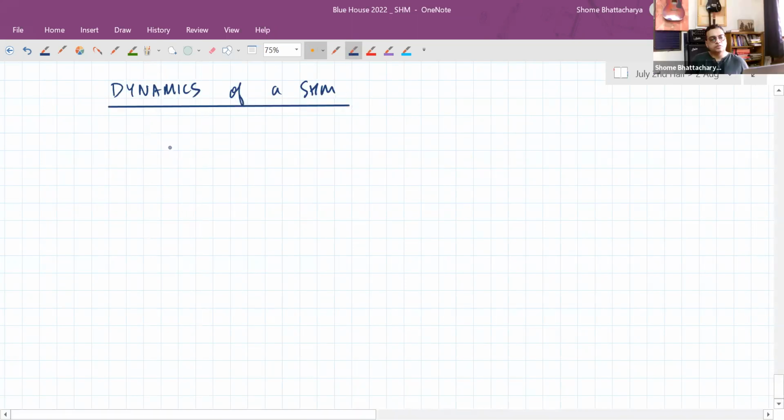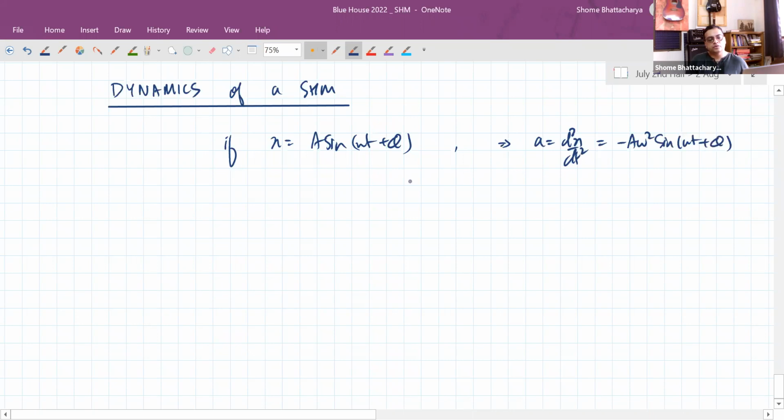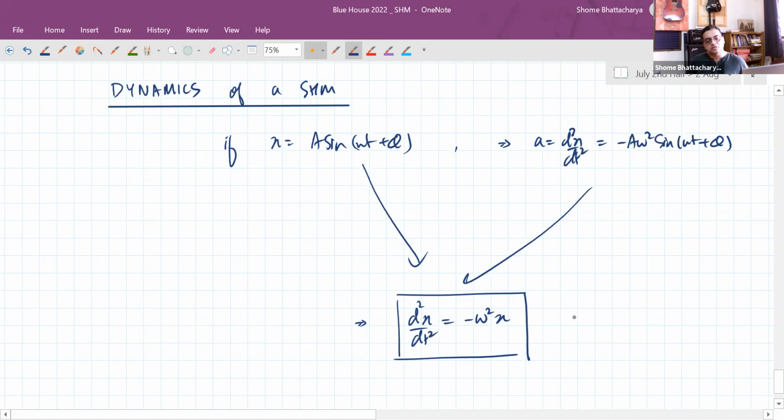We have already seen from the kinematics that if x is equal to a sine(omega t plus phi), then the acceleration, which is d2x by dt square, is minus a omega square sine(omega t plus phi). So if you compare these two equations, we come to the very important relation that the acceleration, the second derivative of x, is minus omega square x. So that means the net force is minus m omega square x